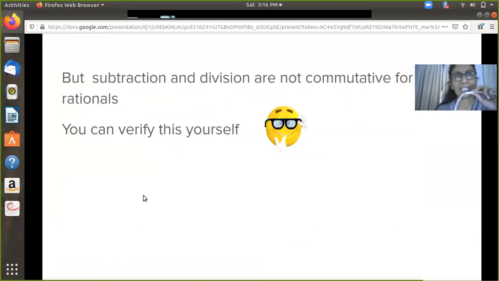But what about subtraction and division? Do you think they are going to be commutative for rationals? So this is something which will interest you. Try to take any two rationals and keep on trying if when you subtract them, irrespective of the order in which you take them, it may be A minus B or B minus A, do you still believe that the results would be the same? Yes or no, you should be able to verify on your own. The same instance for the division. When I divide A with B or B with A, will my result be the same? So this is a verification that you have to do yourself and get back to me in the next class. So let us see how many of you are able to successfully generalize based on the examples that you've taken.